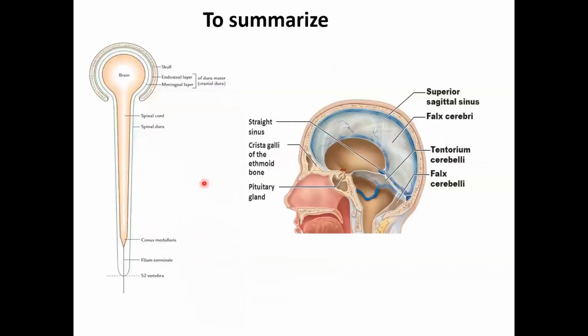So that is about the structure of the dura mater in the brain, that is the cranial dura mater, which has two layers: an endosteal layer closely applied to the inner surface of the skull bones, and a meningeal layer which forms the various folds: falx cerebri, falx cerebelli, tentorium cerebelli and diaphragma sellae. And it is only the meningeal layer of the dura mater which will continue around the spinal cord. Important clinical conditions in which the dura mater is involved are inflammations, that is infections such as meningitis, or the formation of extradural hematomas.